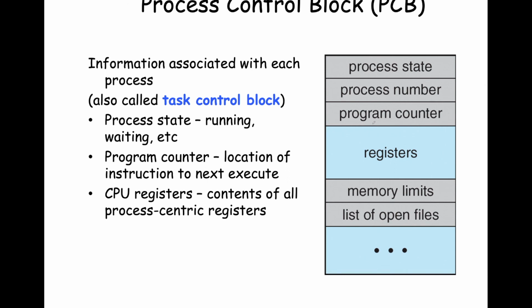And this task control block has pieces of information such as the process state, whether it's ready, running, waiting, terminated, etc. It also has the program counter, which is the location or address of the next instruction to be executed. It includes contents of the CPU's registers, all of the register file for the CPU, because remember, it writes down that information from the CPU to a data structure so that it can then resume later.